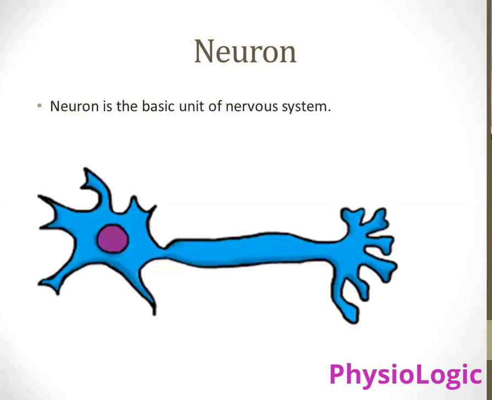Can you identify its parts? In the center, the purple point is the soma. Yes. And then we have the peripheral extension, which is the dendrite. Yes. And then